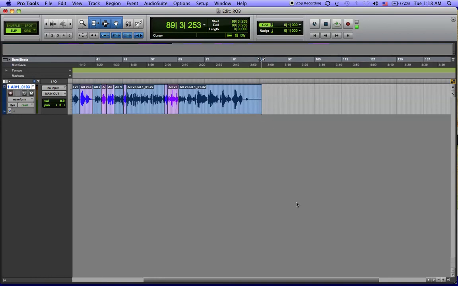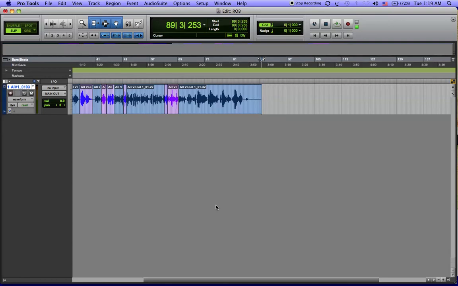Now I can go Shift and Return, and it'll select everything in the whole region using Shift and Return, or triple click and select everything in the region, or I can do it the slow way,